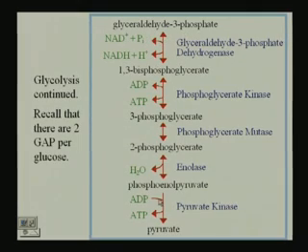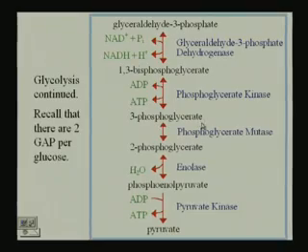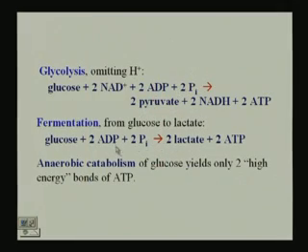So, this actually occurs twice, and this is the step where we have ATP formation, and this is another step where we have ATP formation, and we have the formation of pyruvate starting from glucose. It is this pyruvate that then goes on into the next step. So, when we have glycolysis, we have this particular step where we have glucose getting into pyruvate. In fermentation, we have glucose forming lactate, where the anaerobic catabolism will give us actually 2 high energy